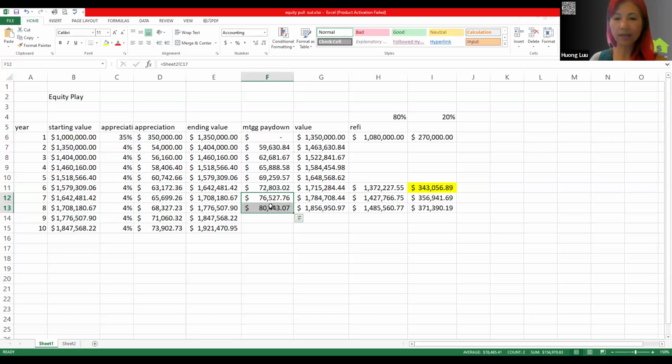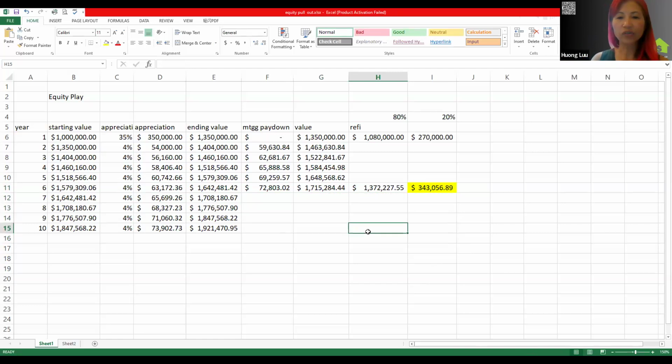So we're going to delete that here because your mortgage pay down isn't going to be this amount now. It's going to be at the new, like the calculation needs to be redone based on this new mortgage balance that you have. So let me just delete that. Okay, so I'm going to delete this number here so we don't get that confused. So at the end of year 5, you're going to refinance and then you're going to have a new mortgage of